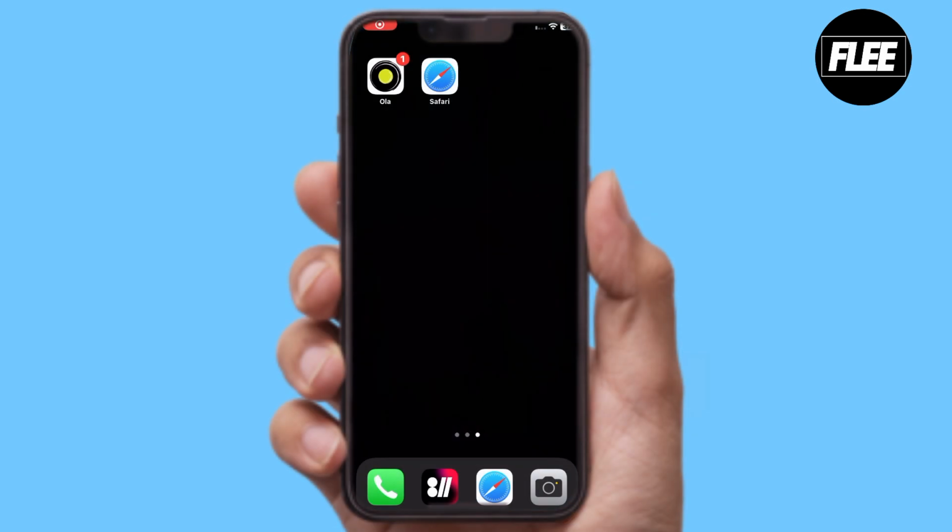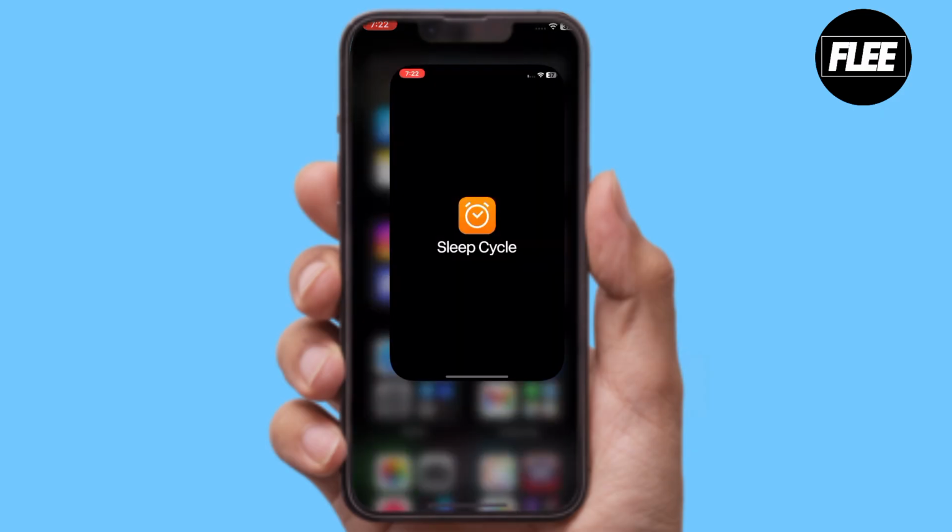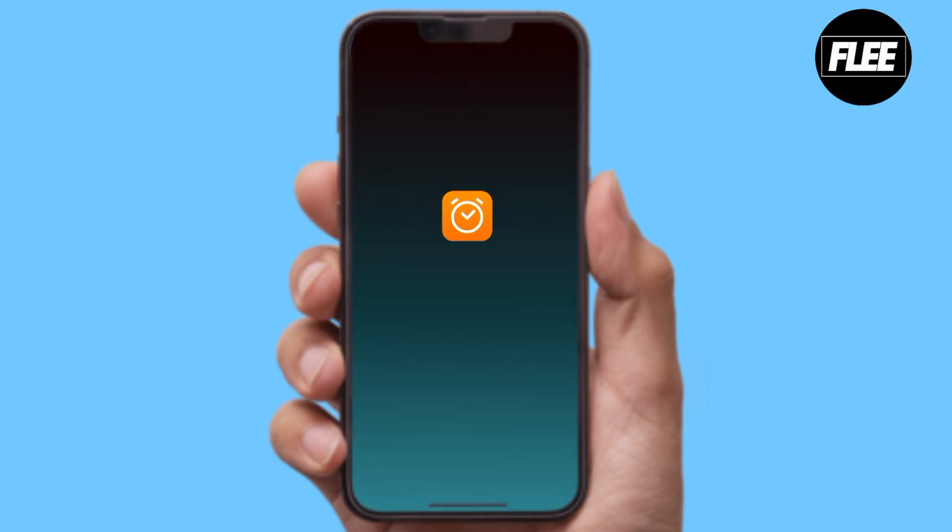How to track sleep using the Sleep Cycle application on your iPhone or on your iOS device. For this, the main thing you have to do is simply download the Sleep Cycle app from your App Store. If you have already downloaded it, then click on this Sleep Cycle that is launching on my iPhone